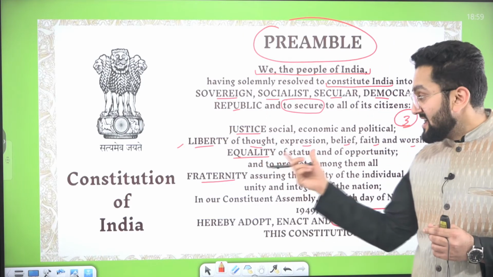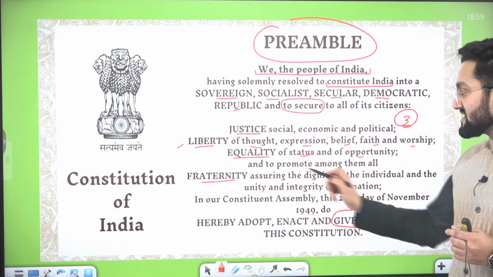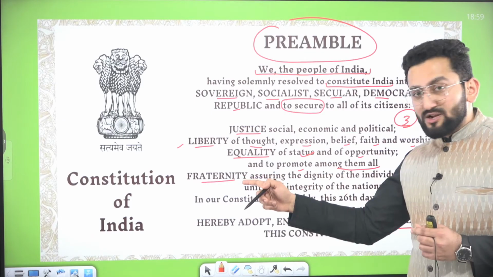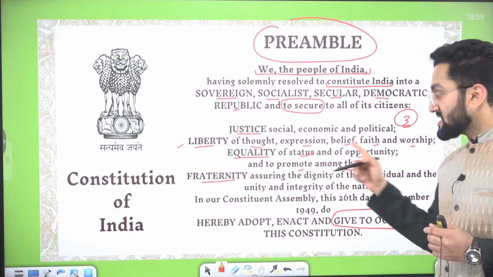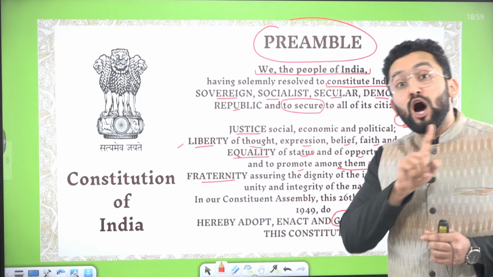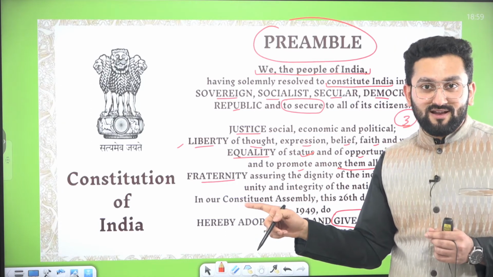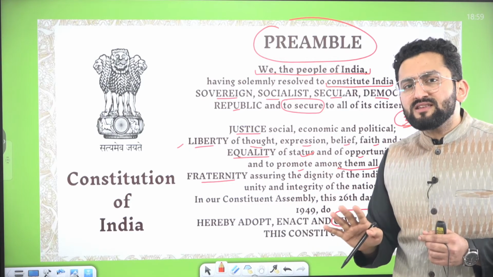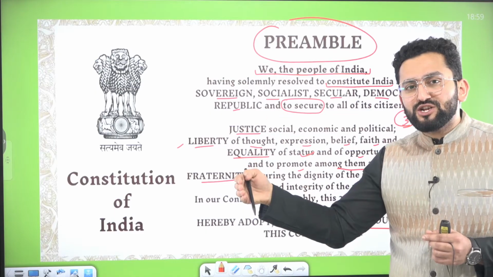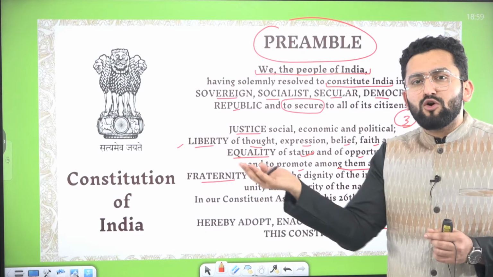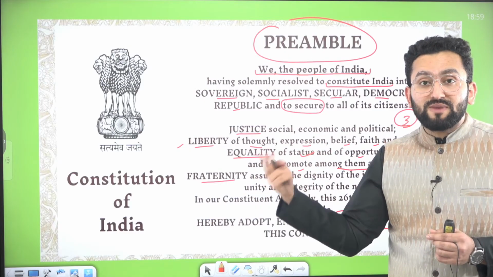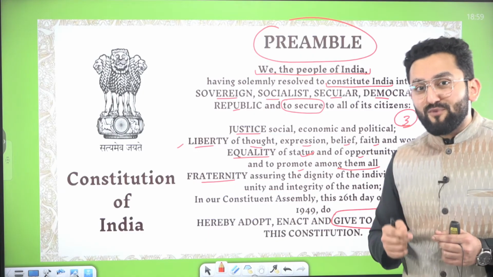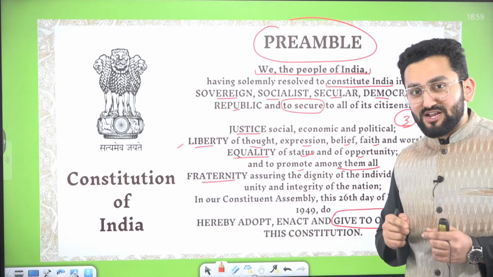Then equality. Equality of status, of opportunity, and to promote among them all. Now, among them all, it is connected to fraternity, but equality of status and of opportunity. Equality of outcome is not mentioned, right? Status. Everyone will be treated equally. It means there will be no special privilege for someone just because they belong to a particular religion, particular economic strata, or any such condition, right? You will have equality of opportunity so that you can use the best of your potential,